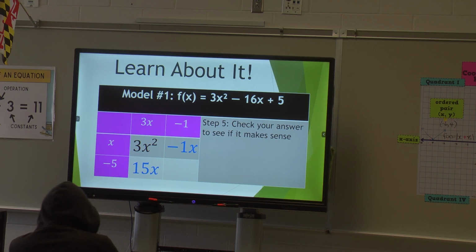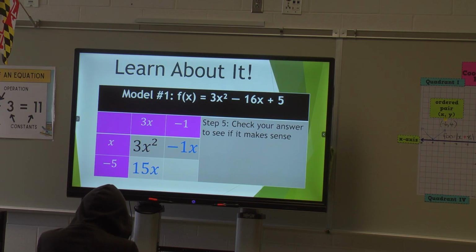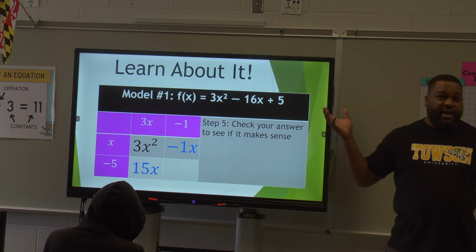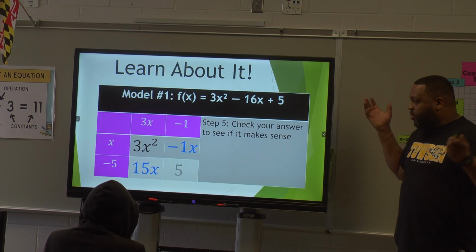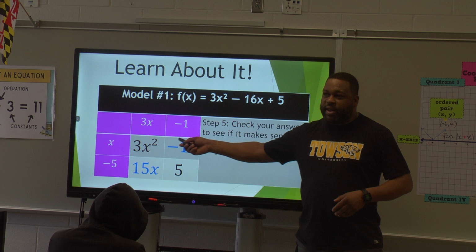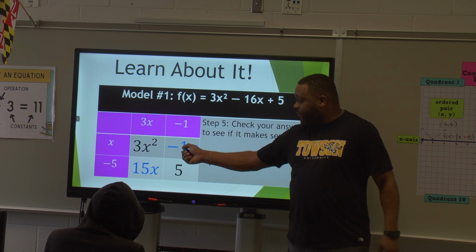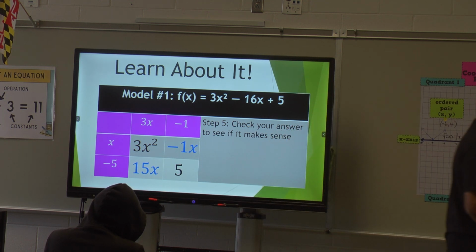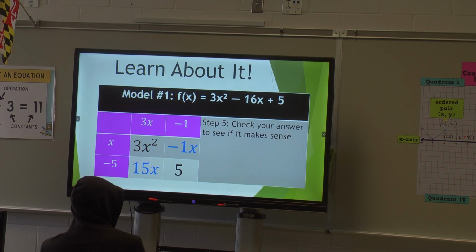Now, we talked about this. A negative times a negative, the outcome will be positive. So 1 times 5. Always good. Now, you see the way I did this, I actually left 2 of them as the same color, okay? I know that I cannot combine